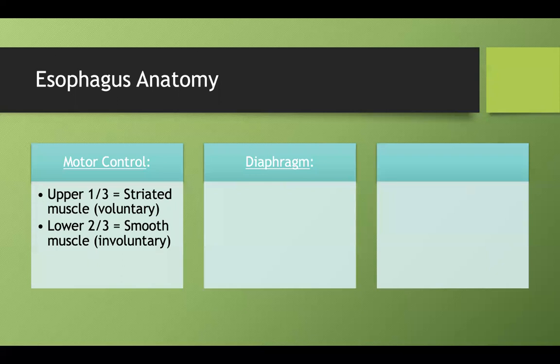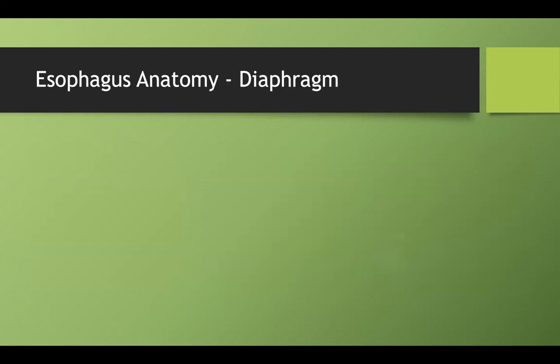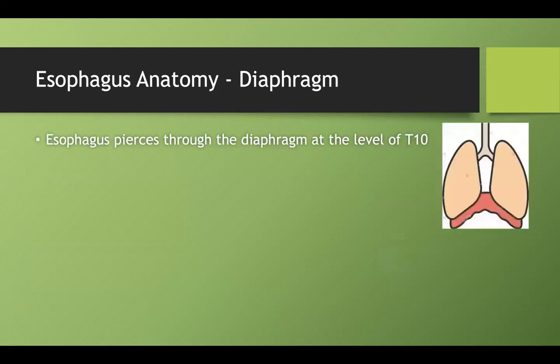I think this is a good part to talk about the diaphragm, since the esophagus does pierce the diaphragm, and they do like to test which structures pierce the diaphragm. So let's just go over that really quickly. The esophagus pierces the diaphragm at the level of T10. And so if this is our diaphragm here, and then